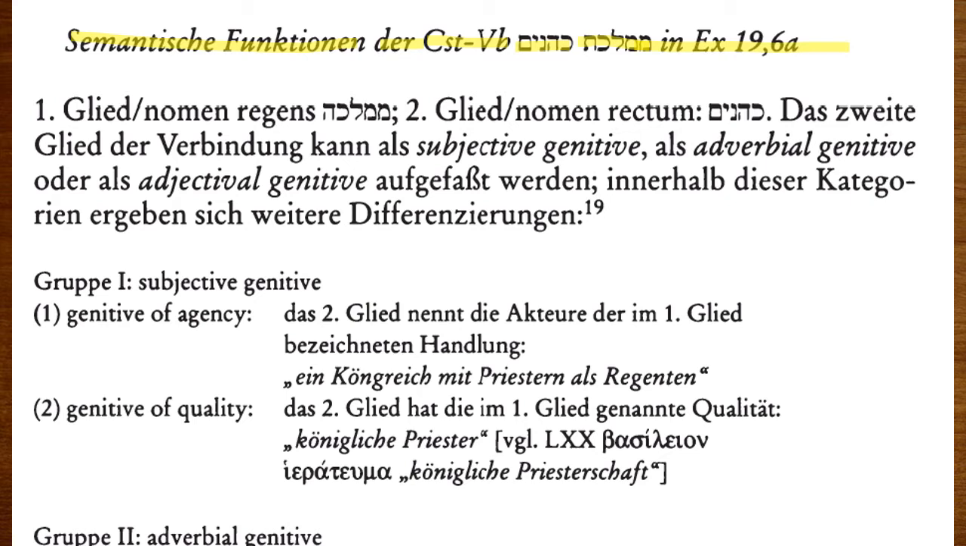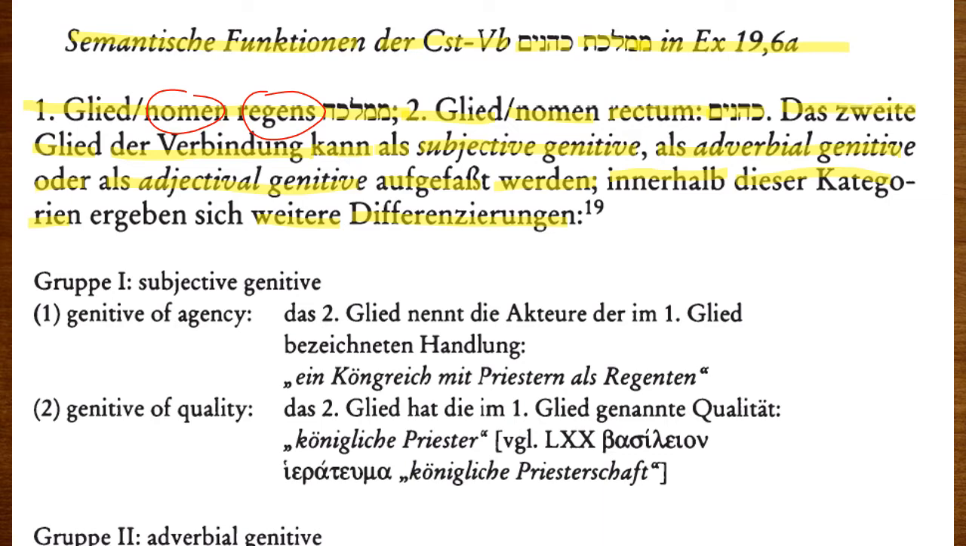In Exodus 19:6a, and I already translated a bunch of this and explained it in the last episode, so you can go check it out there, but I am going to retranslate it just so that you have the context for where we're going today. So you have two elements here. The first element is the ruling noun, the nomen regens, mamlaka. The second element is the ruled noun, kohanim, so the noun that's governed in the construct chain by the head noun. That's kind of the idea. And the two elements of the construct or construction can be interpreted as subjective genitive, as adverbial genitive, or as adjectival genitive. Within these categories,